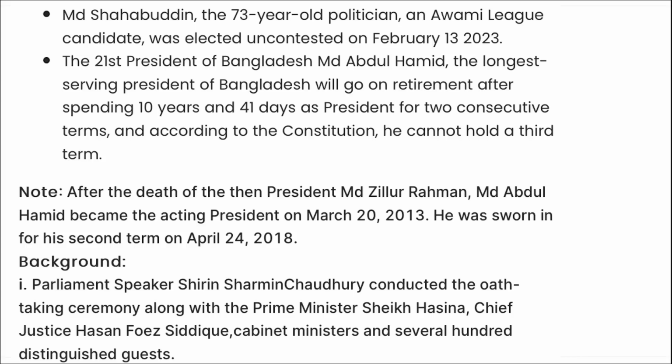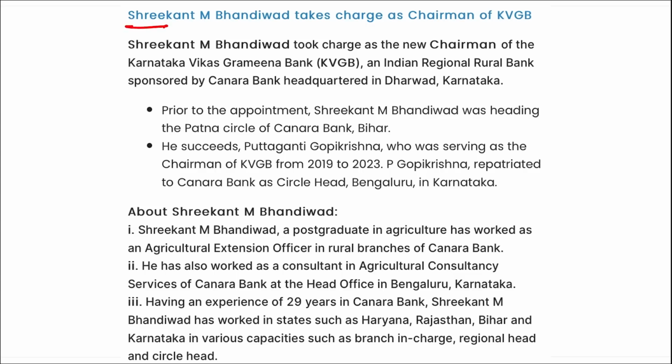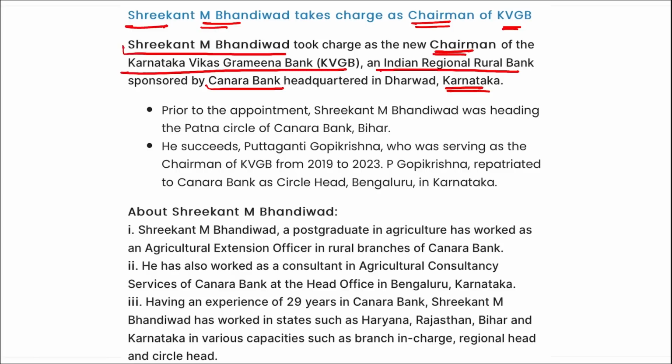Next is Shrikant M. Bhandiwad has taken the charge of chairman of Karnataka Vikas Gramin Bank. I repeat, Shrikant M. Bhandiwad has taken the charge as the chairman of Karnataka Vikas Gramin Bank, that is an Indian regional rural bank that is sponsored by Canara Bank headquartered in Karnataka. So who has been the new chairman of Karnataka Vikas Gramin Bank? Shrikant M. Bhandiwad, right? Prior to his appointment, Shrikant was heading the Patna circle of Canara Bank in Bihar, and